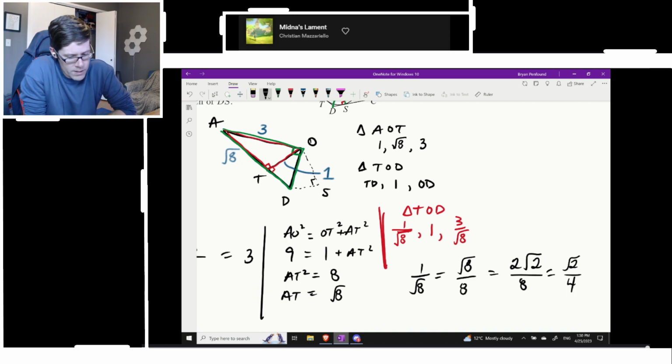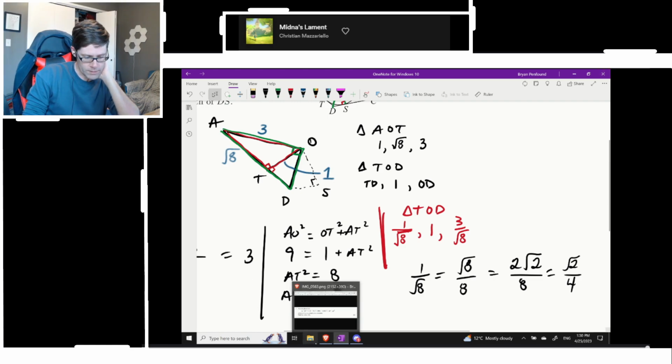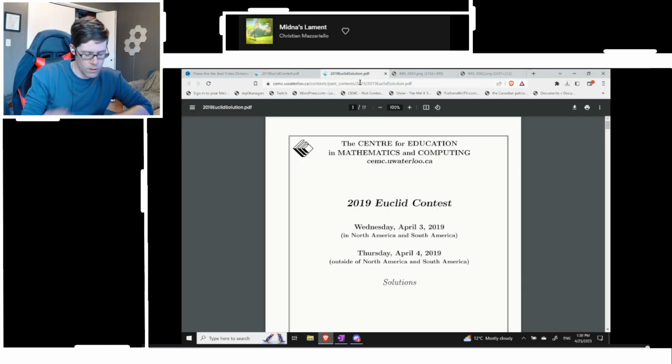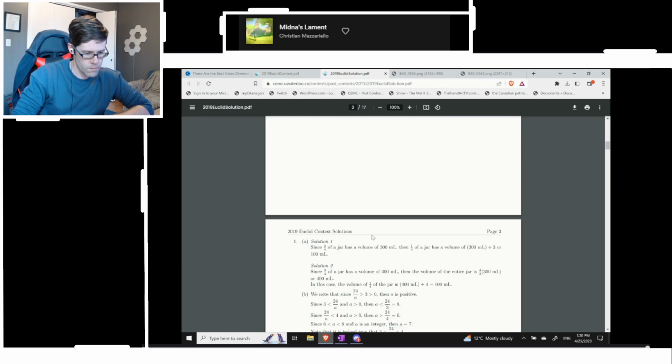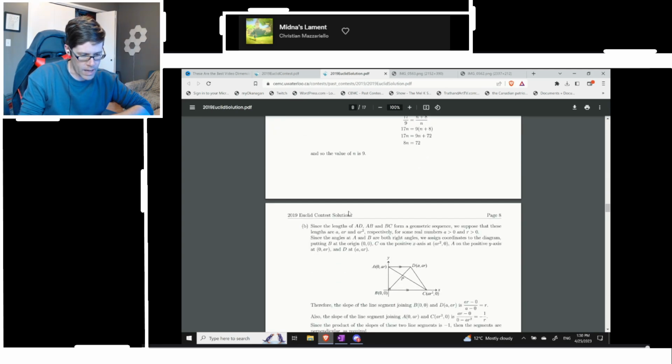It's quite possible that I could have gotten a little backwards while doing some of this, but that doesn't seem unreasonable. Let's take a look. Let's take a peek. So, solutions. I feel like I probably messed up an angle somewhere, but